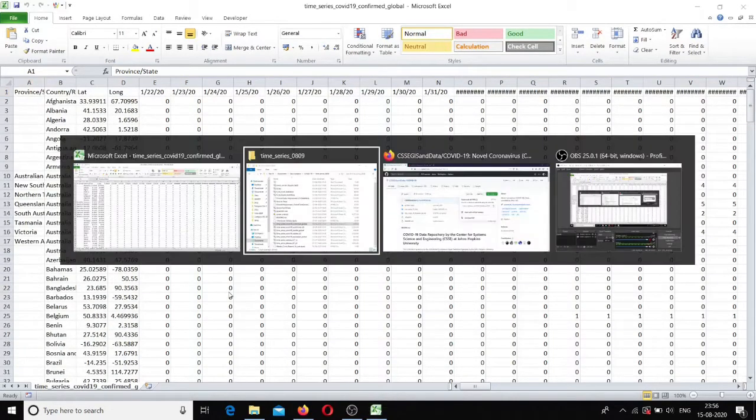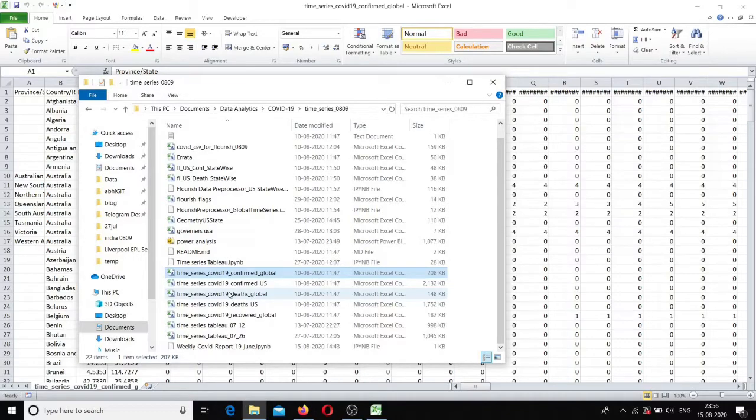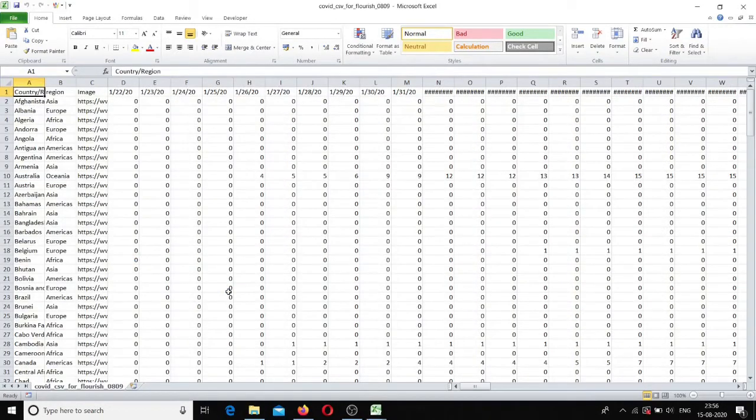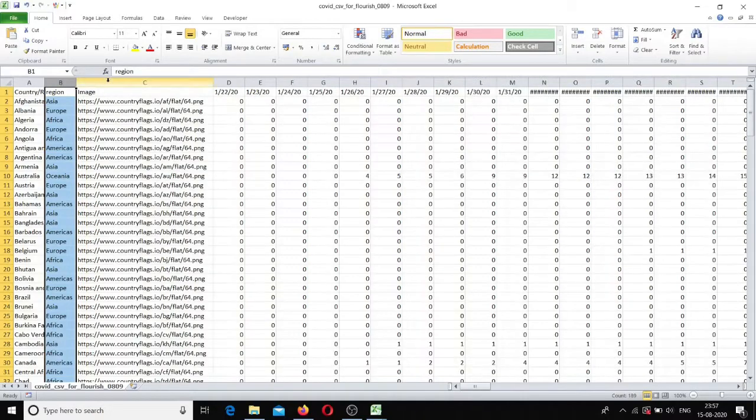So now let's have a look at the pre-processed file. So this is the pre-processed file. In this I have added country and then region. This is also a new field, it was not there in the John Hopkins University CSV file. And also images I have added.